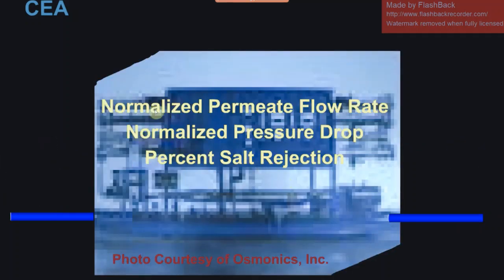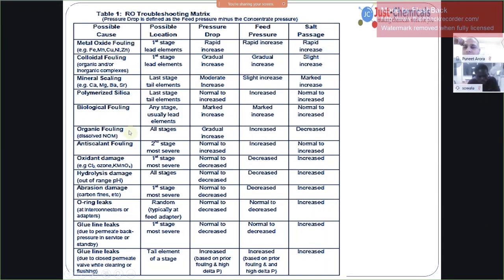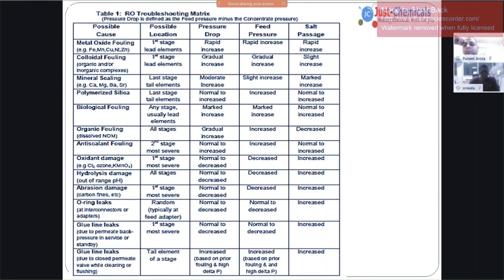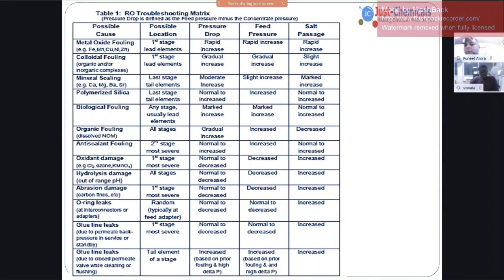Whenever you are having fouling due to NOMs, that is humic acid or fulvic acid, you will have the permeate conductivity decreasing rather than increasing. In India, we have several cases of this NOM fouling, and also I've seen the River Nile full of NOMs. So East Africa may also be facing a similar problem. About West Africa, we have to understand more about the water quality and all.